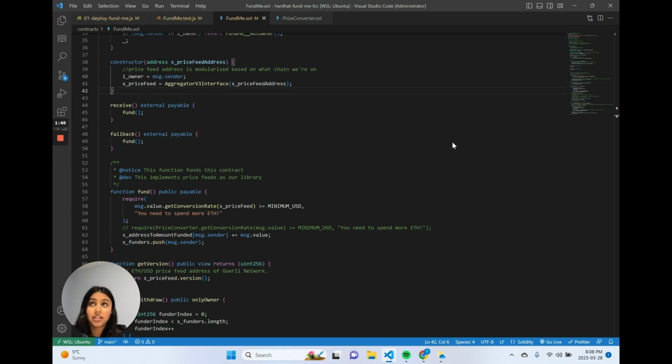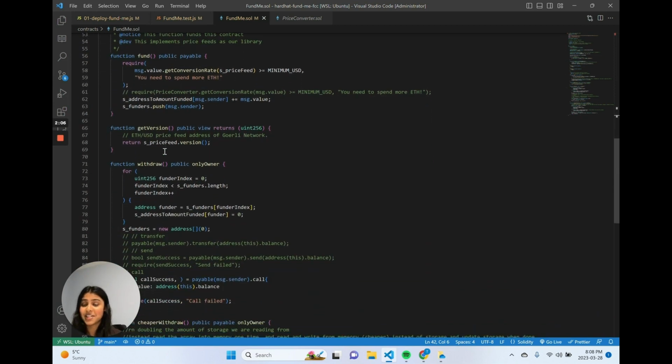So essentially, in a simple scenario, the fallback function is called when the contract receives a call that does not match any other function in the smart contract. With all that done, let's move on to the more exciting parts of this contract, which are the function fund